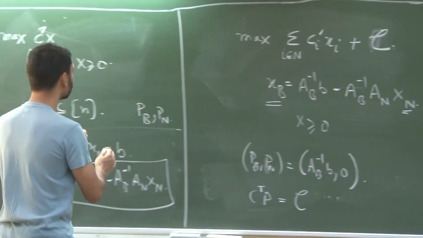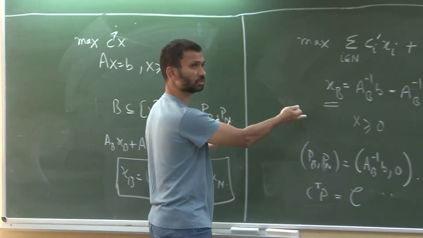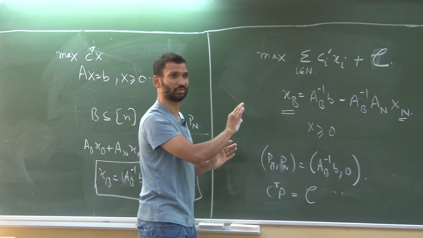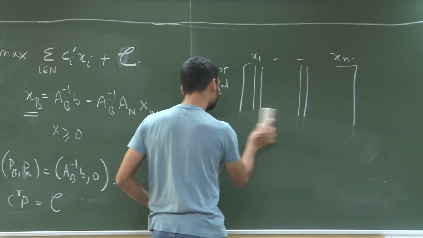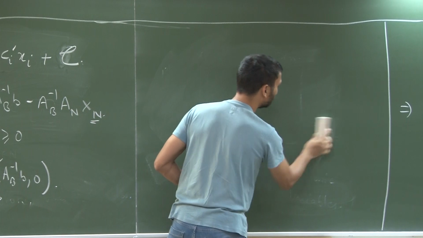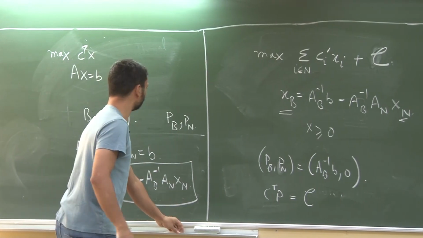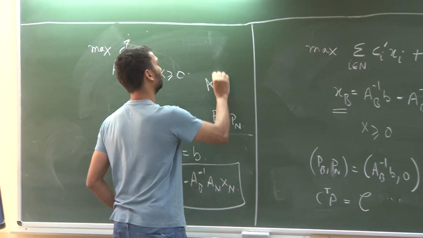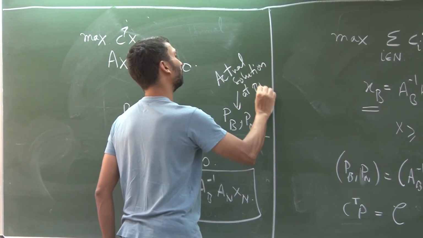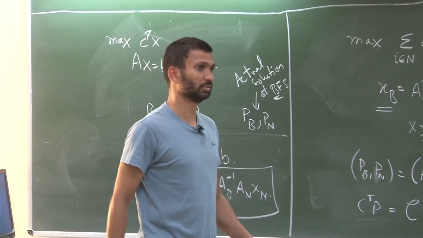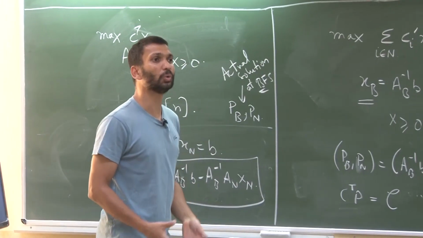Okay? So this is the advantage of converting. Again, when I say a basic feasible solution, it is the basic feasible solution here, it is the basic feasible solution here. But this form is much nicer. And this is what we did last time too. PB and PN is the actual solution. XB and XN I want to keep for the variables themselves. PB and PN is the actual basic solution at BFS. Right? And once I write it this way,